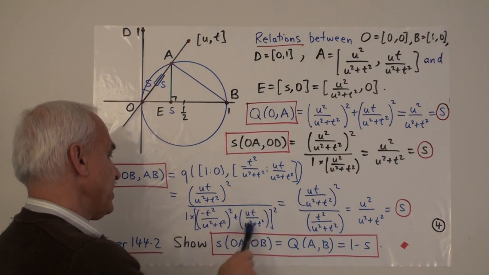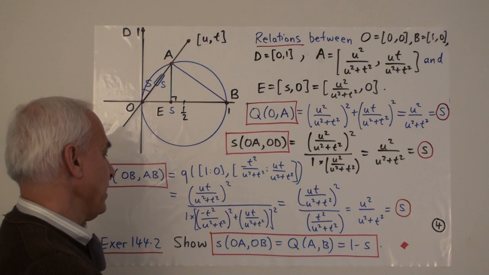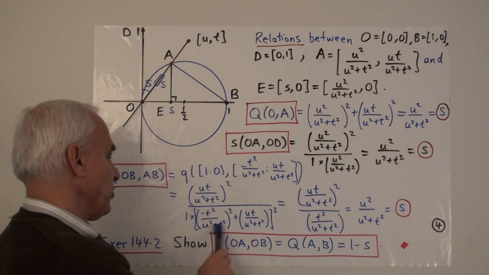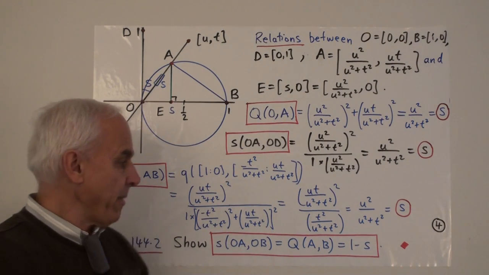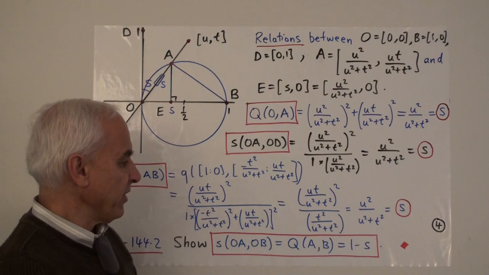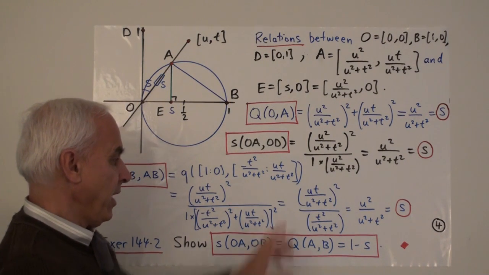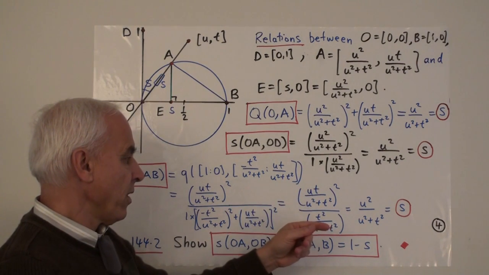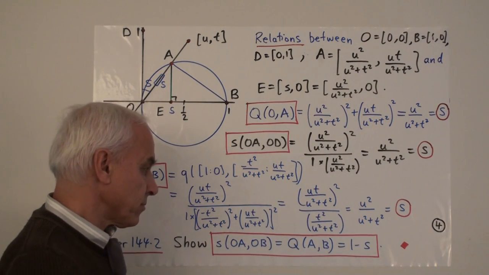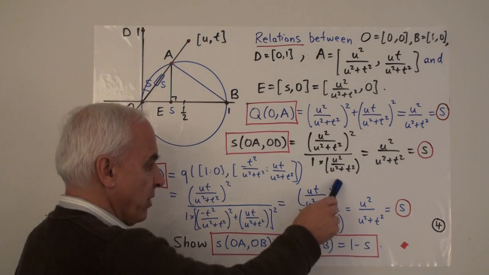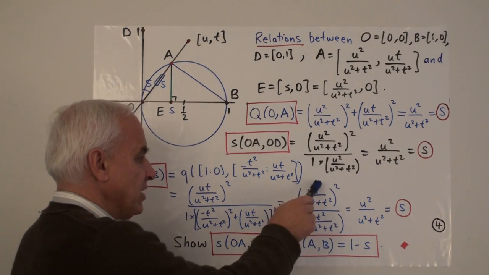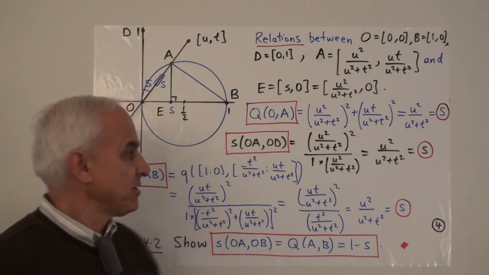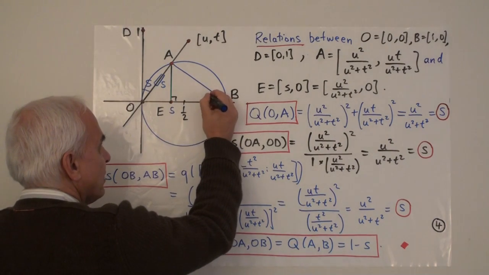All right, so then this down here simplifies. There is a common factor of t squared, and there's a u squared plus t squared, which will cancel with one of the u squared plus t squareds in the denominator to give us t squared over u squared plus t squared in the denominator. And then when we simplify that, we get u squared over u squared plus t squared. One of the u squared plus t squareds here will cancel with that one, and the t squared here and the t squared there will cancel. We're just left with this expression, which again is s. So this spread is also s.